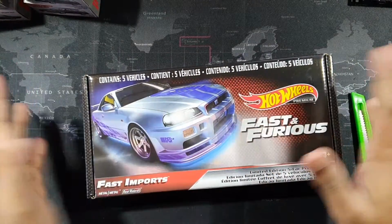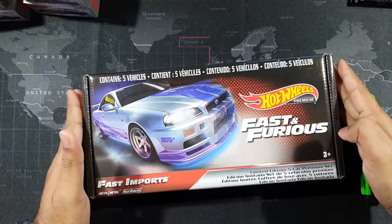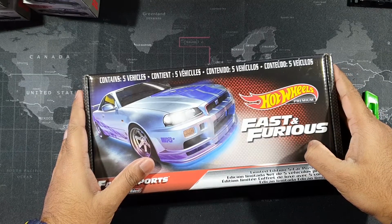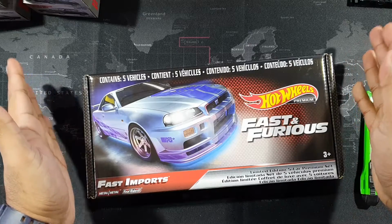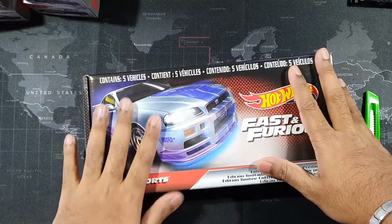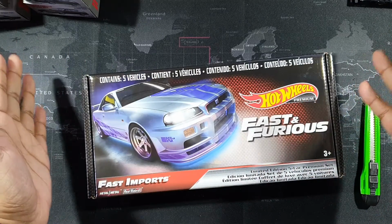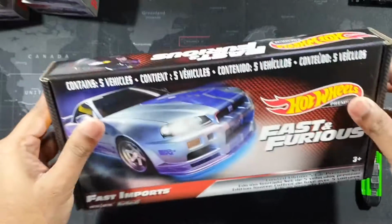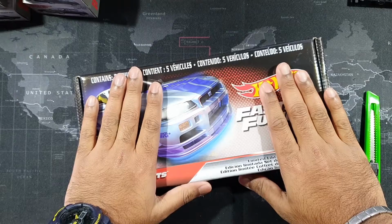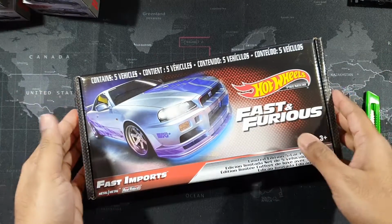So finally I can do the video for this one. This is a Fast and Furious premium Fast Imports set. The initial set was released early this year, but finally I managed to find this premium set in my local Kmart in Australia. Yeah, and I must say that I missed the first release of this set earlier this year, and thanks to